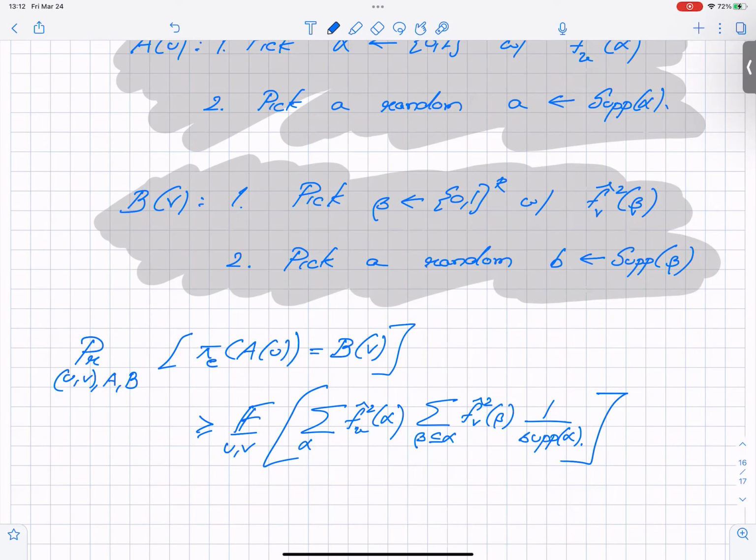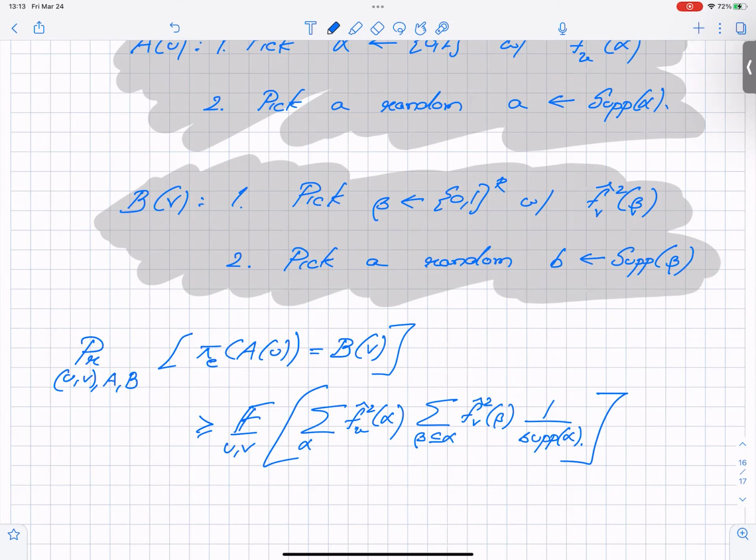What's the probability that I pick an alpha, beta pair so that beta is contained in alpha? That's just the summation over alpha, beta of f hat squared of alpha times f hat squared of beta. That's just the probability I pick that pair. Now for beta I could have picked any element over there. So for every such element there is at least one element in alpha. Sorry, not support of beta. So I should have picked beta in